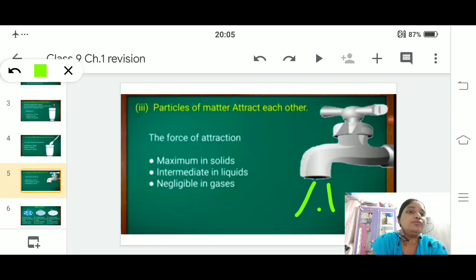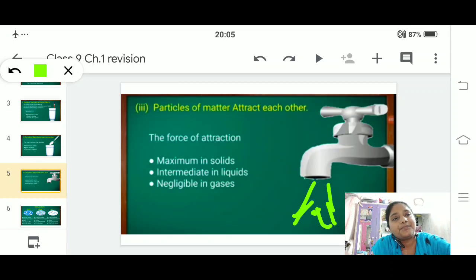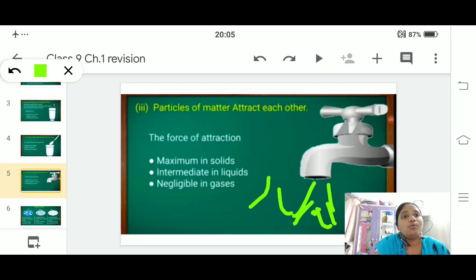The water moves from the sides, and it is a continuous motion. Even if I do not remove my finger, the water still moves down. So water has a force of attraction between its particles. It is maximum in solids, intermediate in liquids, negligible in gases, or you can say the force of attraction is nil in gases. Let us move to the next slide.